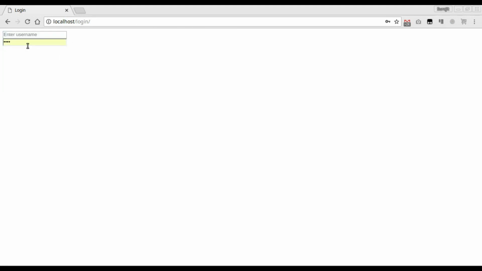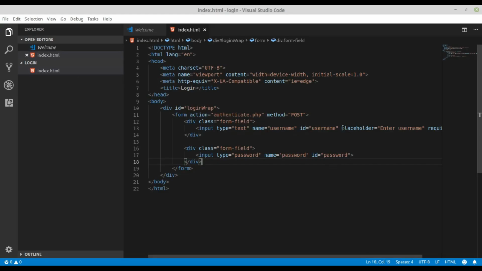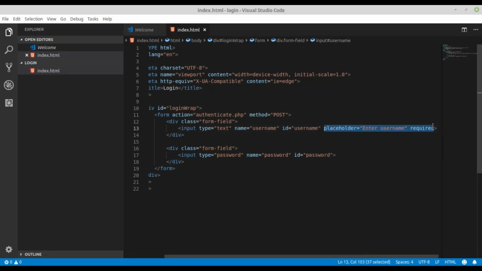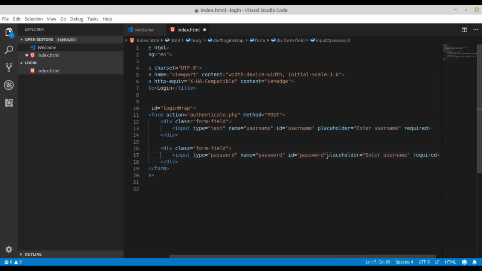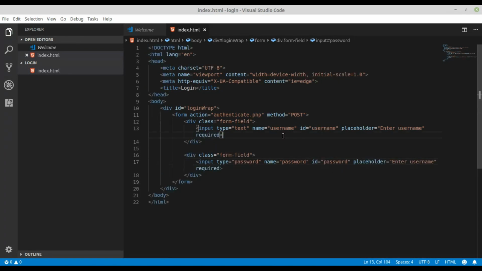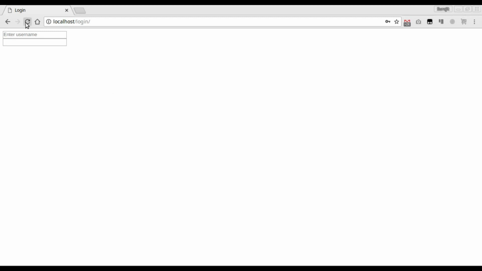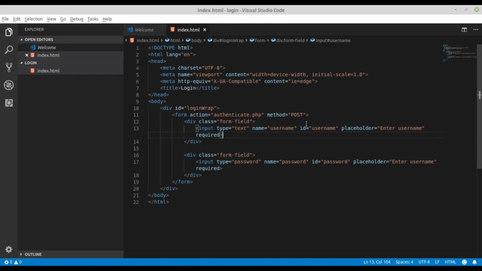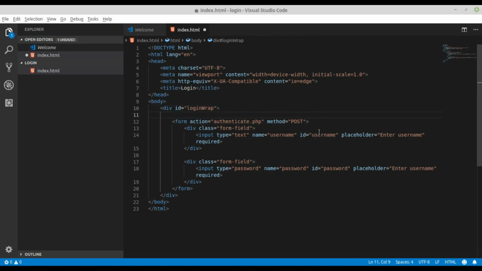so just delete. So we need to make some placeholder and required, so we have this form, and right now we have this form element, and we need to use an h2 element, that is login,